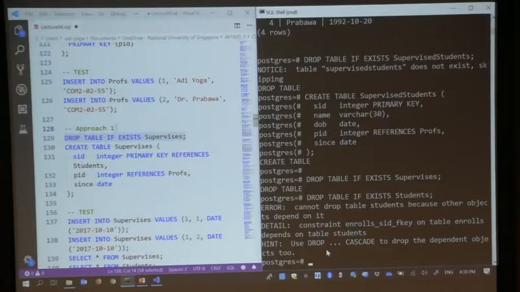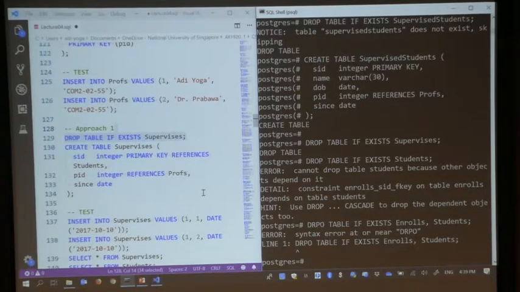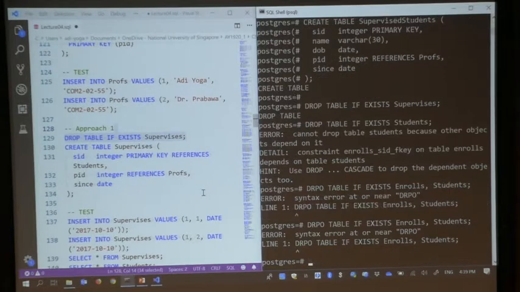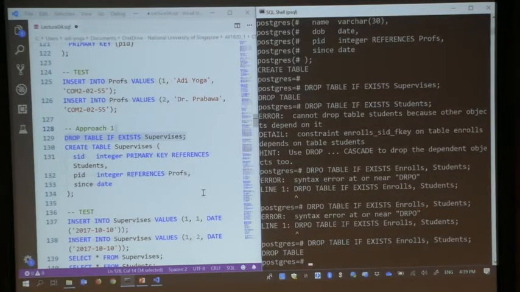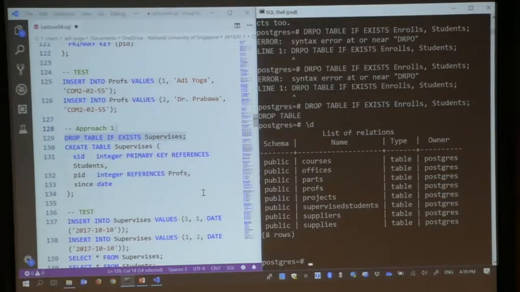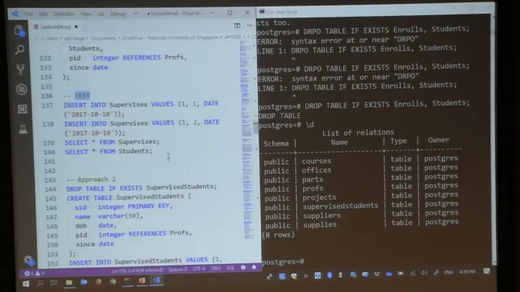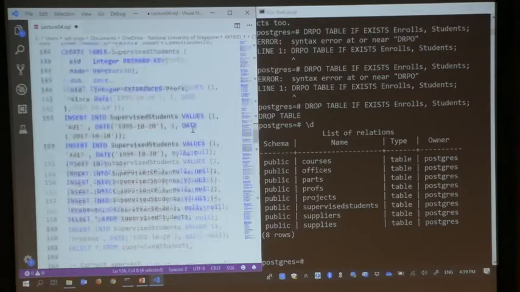Oh, enrolls is also there, so drop table if exists enrolls, and students. Still the same. Okay. So now I don't have students and I don't have a lot of things. Okay, so I do have a supervised students table.